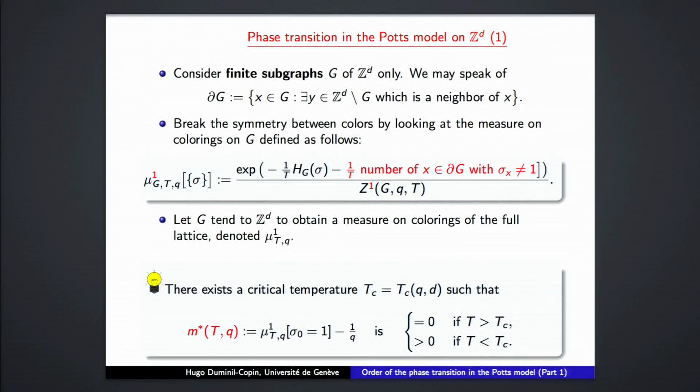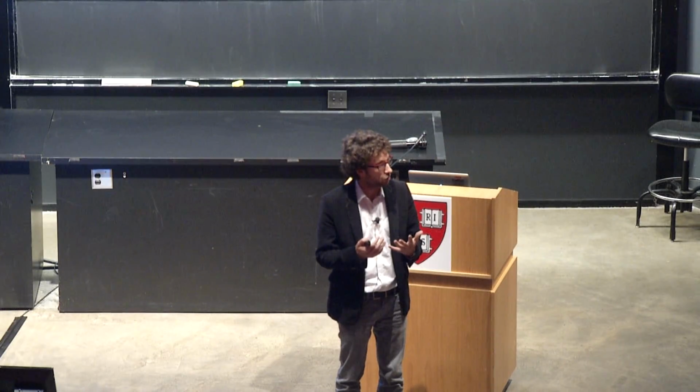If the temperature is large enough, then it doesn't. The probability that the spin is 1 is going to be 1 over q. On the contrary, if it is below a certain critical temperature, then it's strictly positive, and then you have symmetry breaking even in infinite volume. Even if you send this boundary condition to infinity, you still have this field. So this critical temperature is basically a model for the Curie temperature, because it's exactly